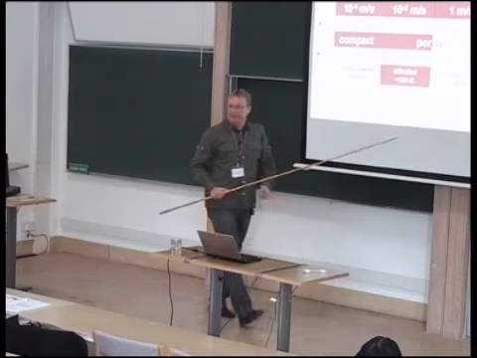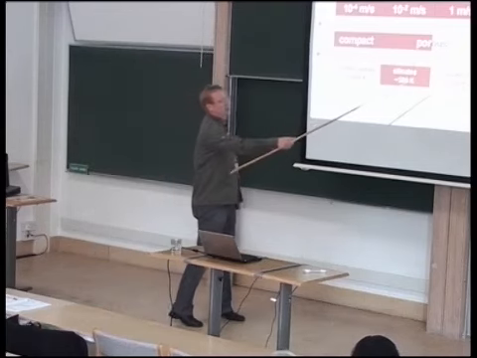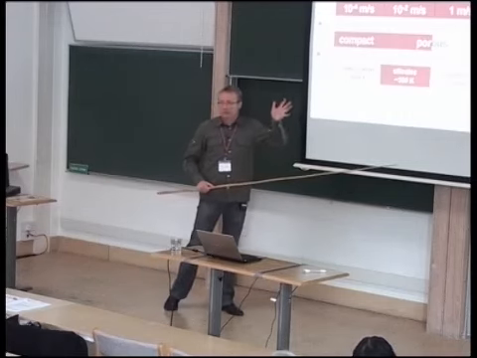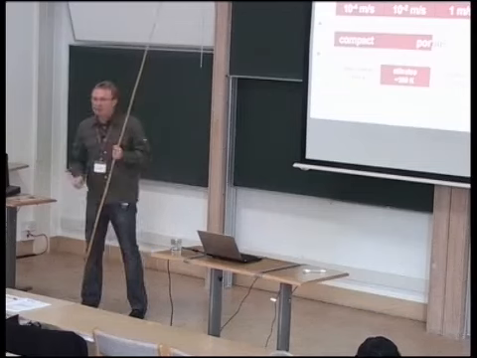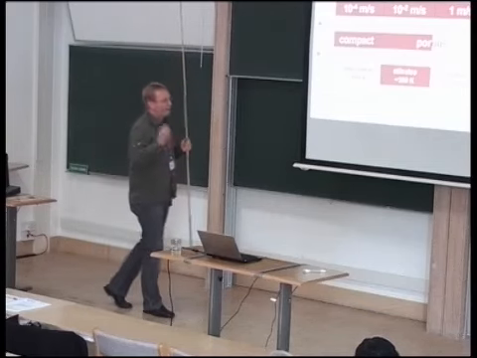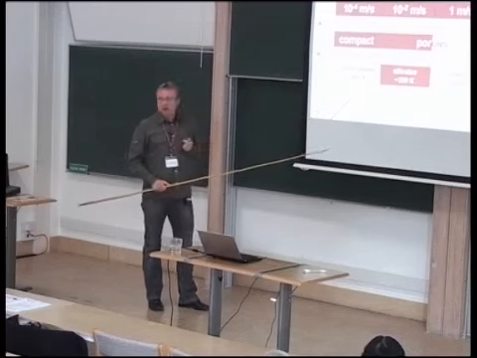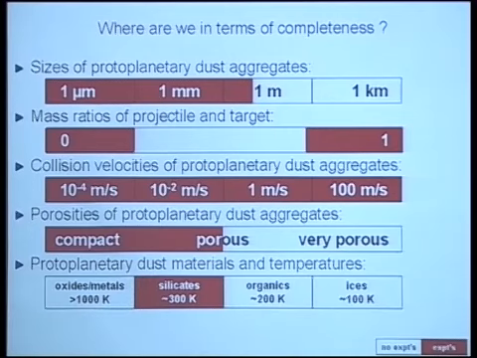Extremely porous particles, like 95% porosity and millimeter size, are not what we can do at the moment. So this is our white space still left over, and the biggest white space is the material. So we've done the silicates, with SiO2, and I believe it doesn't matter very much whether you mix in a little magnesium or iron, so the van der Waals force would not change very much, and 300 K. Temperature is also an option, so you can do silicates at 1500 K, just under the condensation temperature, as well as oxides and metals further in the solar nebula, or organics in the asteroid belt, or ices.